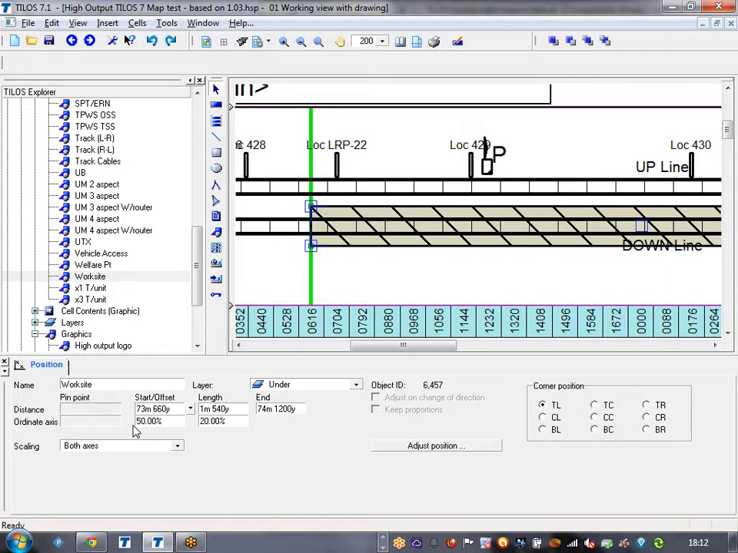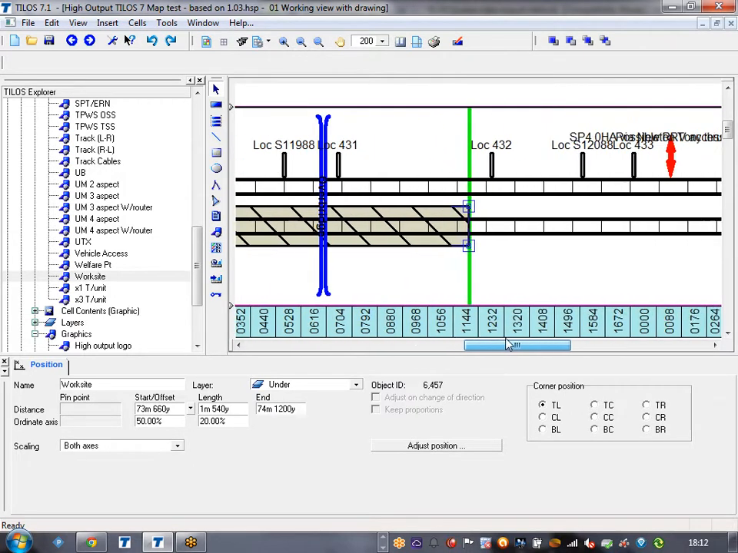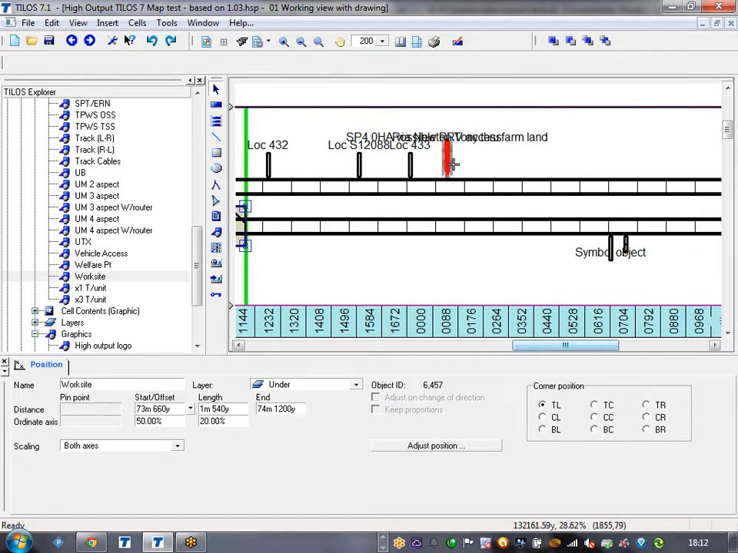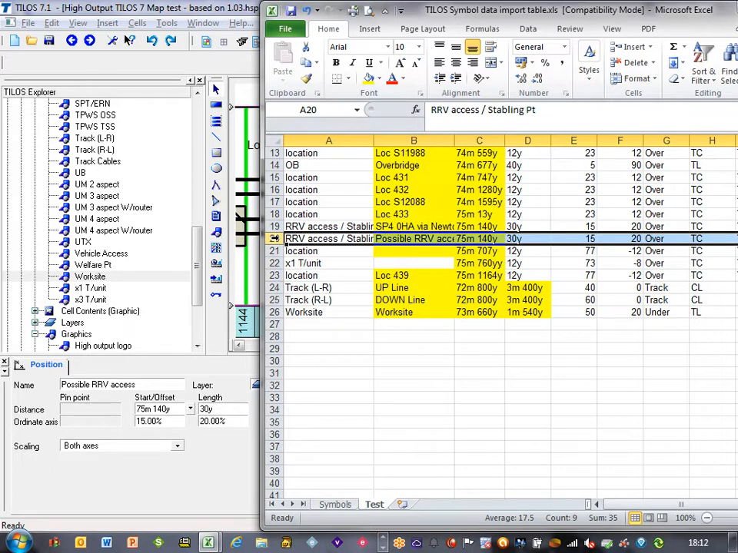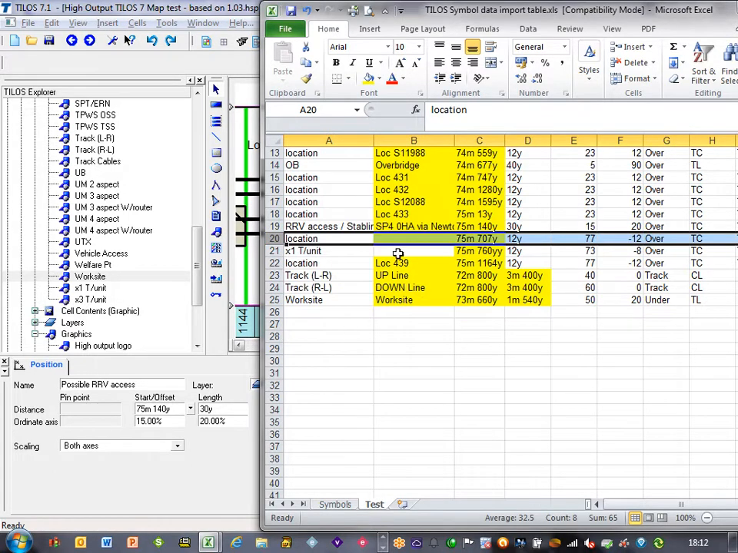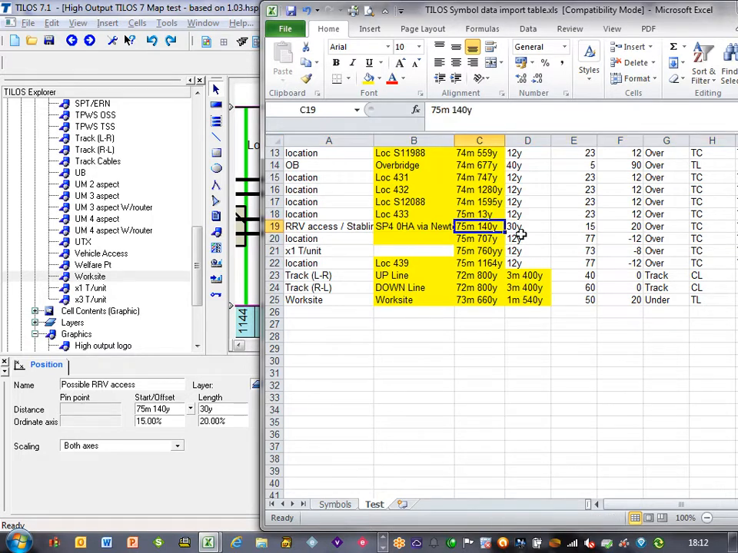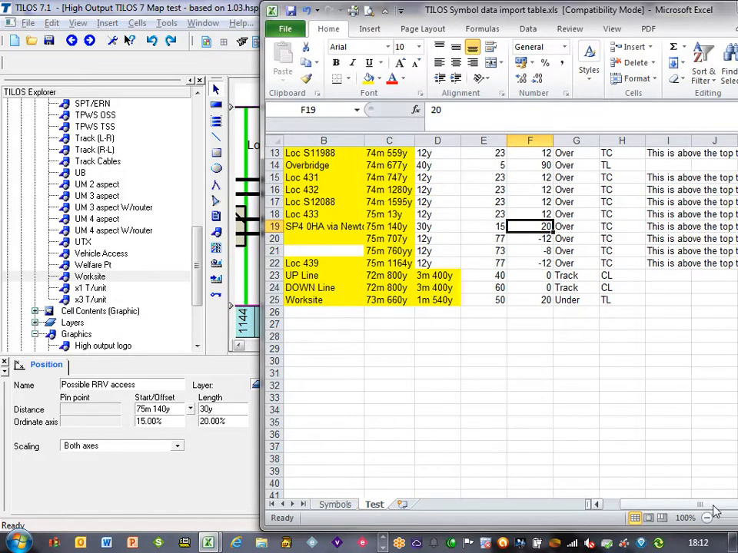So let's take another symbol. If we scroll to the right, we've got this symbol here, and this is an access point, and that's at 75 140. So in our library here, in this spreadsheet, in fact we've got 2 of them, which was a mistake, but it's at 75 mile 140 and it's at 15 and 20. But if we wanted that to be on the bottom of the track, if we scroll along to the left hand side here,